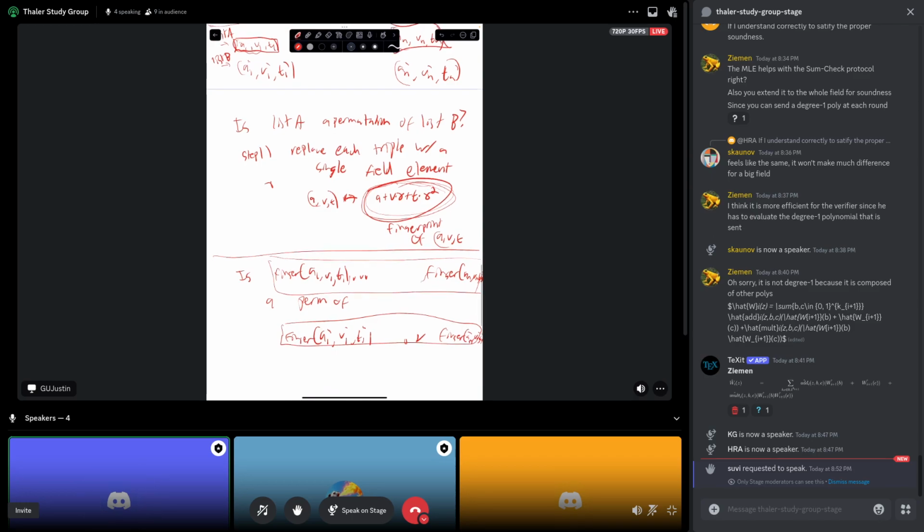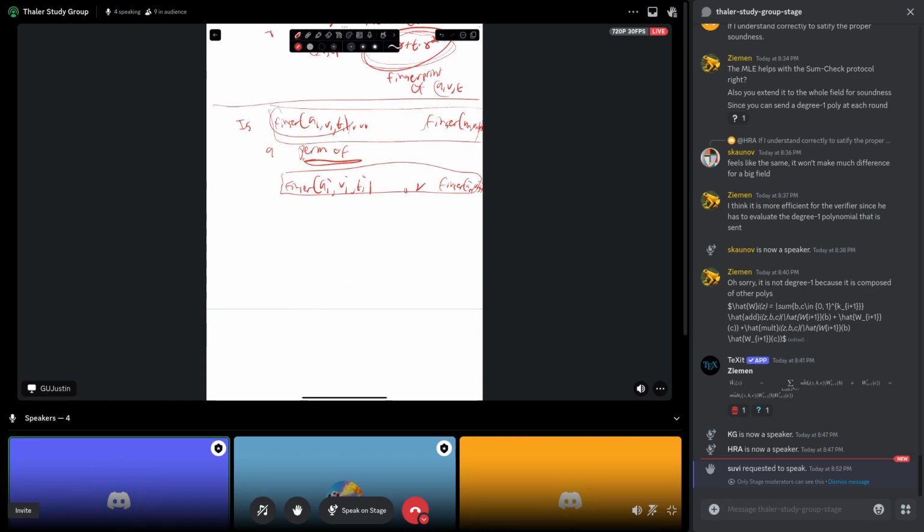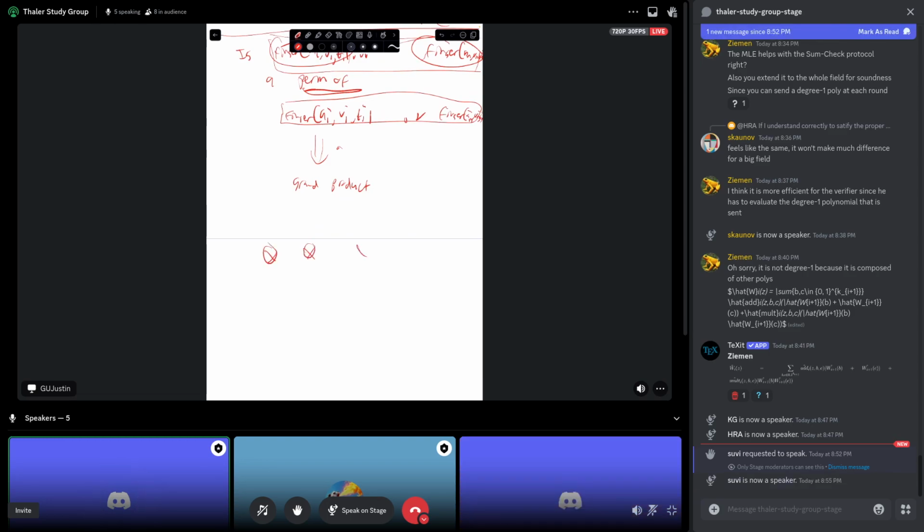And we've discussed permutation checking before. You basically wind up interpreting each of these things as the root of a polynomial and evaluating that polynomial at a random point. And that turns into a grand product. So what we wind up applying GKR to is the circuit, which is just a binary tree of multiplication gates